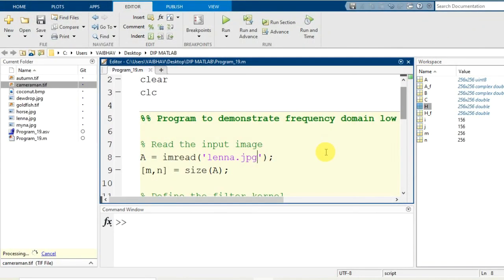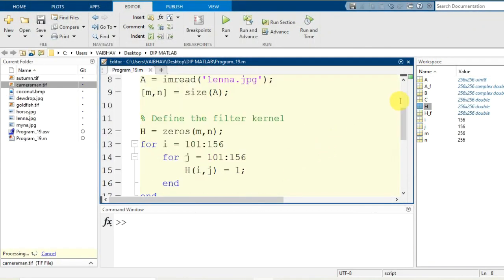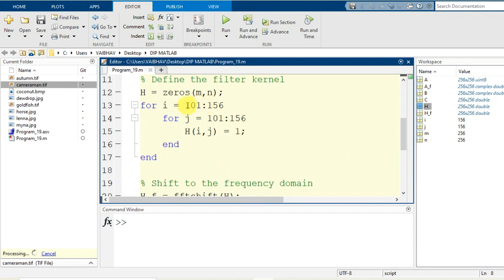So in this video we have generated the filter mask by manually selecting the range of the pixels so that it better fits the dimensions of the image that we have read and that we are intended to process for low pass filtering here. So this was our simple demonstration of frequency domain working of low pass filtering.